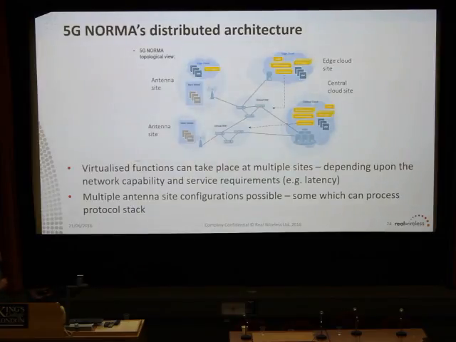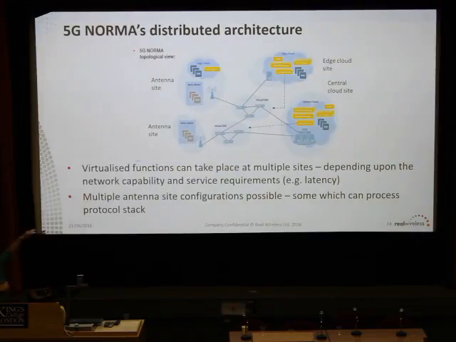Here's our generic kind of distributed architecture. Slightly different: we have, say, the antenna sites, and traditionally for a 4G network, that's where all your processing would be. You'd receive the signals at the base station, you'd have the antenna, you'd process it, and then you'd squirt it down the backhaul to an RNC and into the core, or gateway and things.